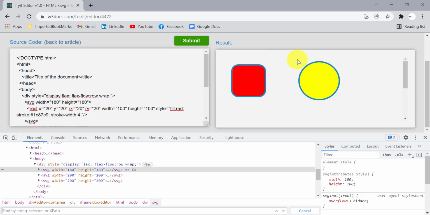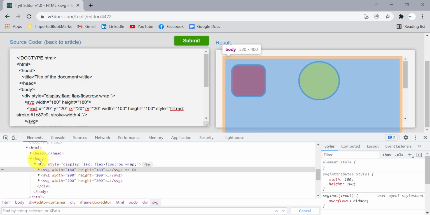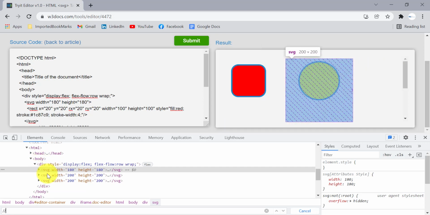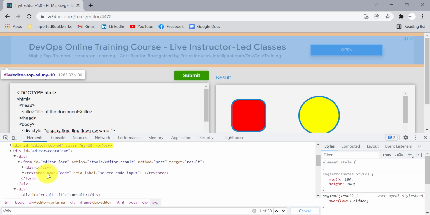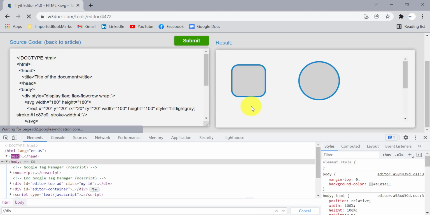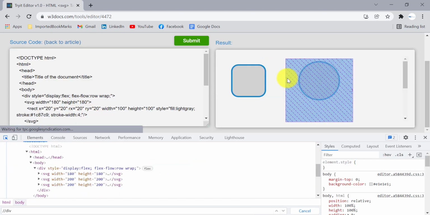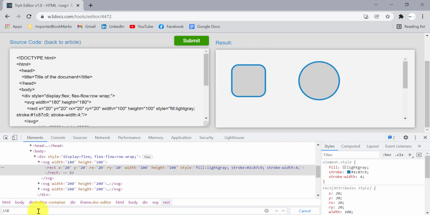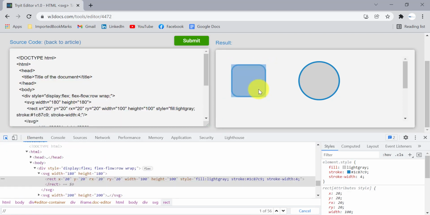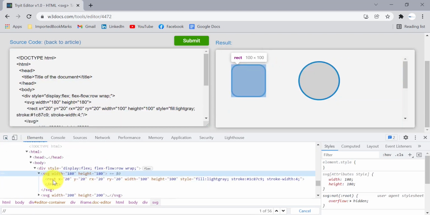If I try to locate these SVG elements in the normal way by which we identify elements in the HTML DOM, for example, if I want to identify this div, I can identify it using the tag. There can be different div tags. So if I use the same approach for creating the XPath for locating these SVG elements, let's see if I can locate it or not. Instead of div, I need to locate this SVG, so I will give SVG here. You can see it is not giving any result here, 0 out of 0.